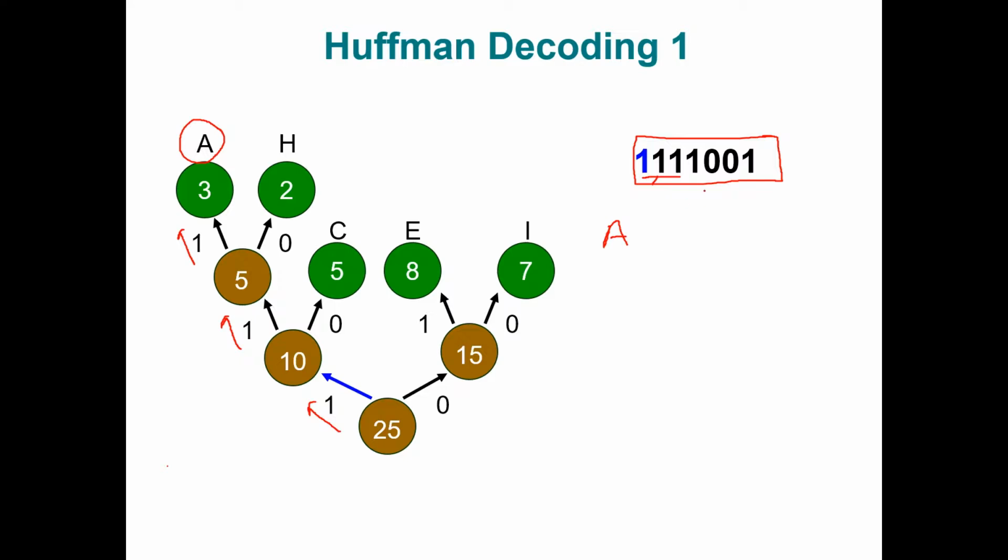Then we start again from the root, so a right once more, and then a 0, so there's a left, which gives us C. Now for 0 and 1, there's a left from the root, and there's another right, which gives us E. One left and one right. So the characters for this Huffman code would be A, C and E.